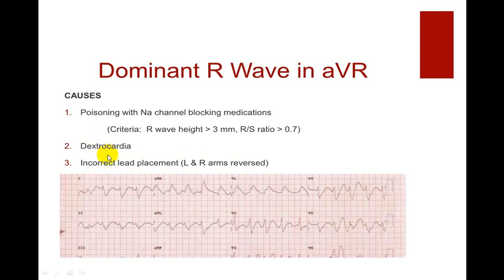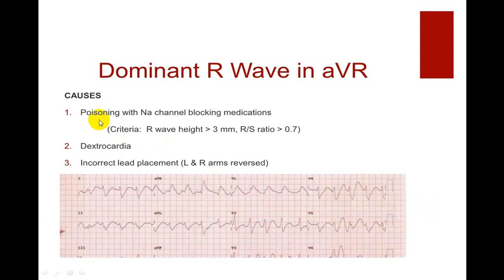But to differentiate these two, you must utilize the fact that the R wave amplitude goes on increasing in a normal person from V1 to V6, which will not happen in a case of dextrocardia. So if you get a prominent R wave in aVR, and you don't have R wave progression from V1 to V6, instead the R wave is tall in V1 and smaller in V5, V6, do suspect dextrocardia, and you will have a tall R wave in V3R, V4R, V5R and V6R.